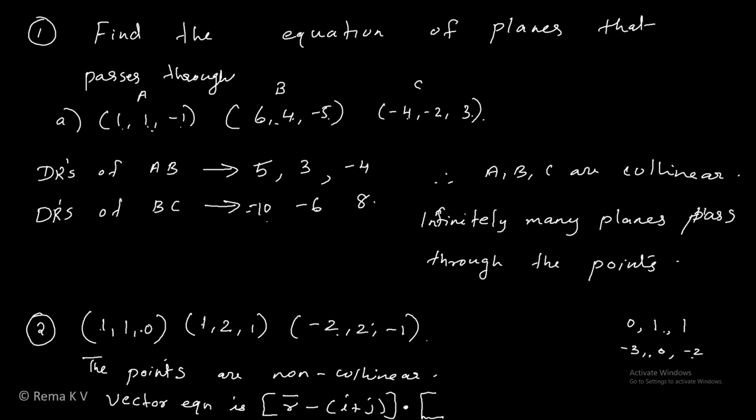B minus a means the scalar components we have to subtract here, and it is given in this. It is i, j plus k: 0, 1 and 1. That is 1 minus 1 here, 2 minus 1, 1 minus 0. Okay, 0, 1 and 1, that is j plus k cross